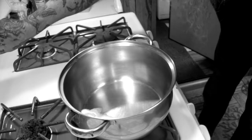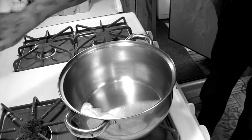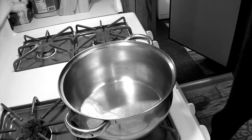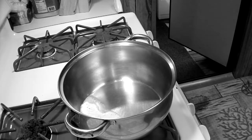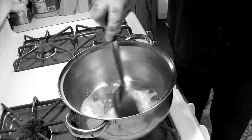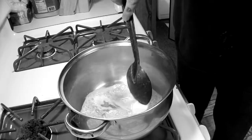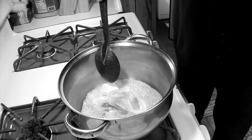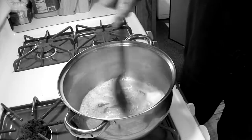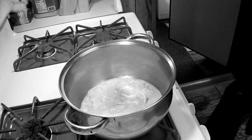Bake, 325. Preheat your oven to 325. Okay, I need a stirring spoon, just a little cowboy spoon, because we're old. Melting down this butter here. I got 2 tablespoons of butter, because it didn't say how much. Might be a bit much, but I don't care, folks. Now, to the butter, we're going to add